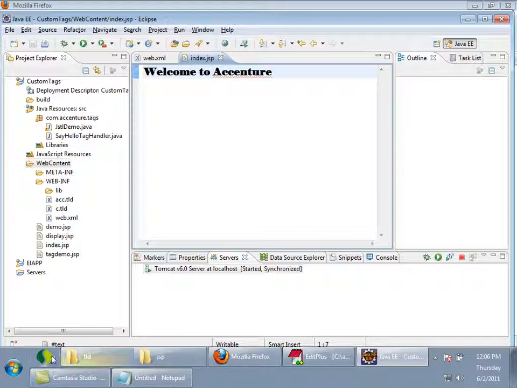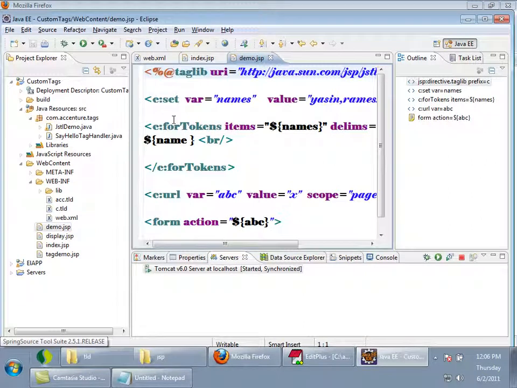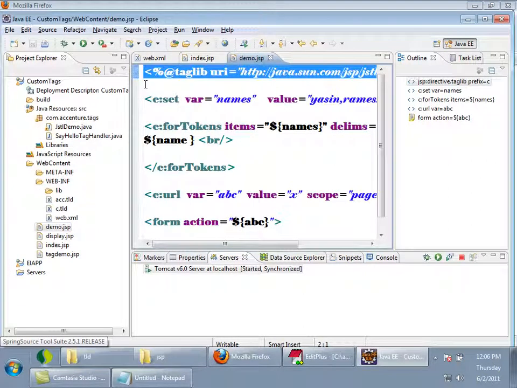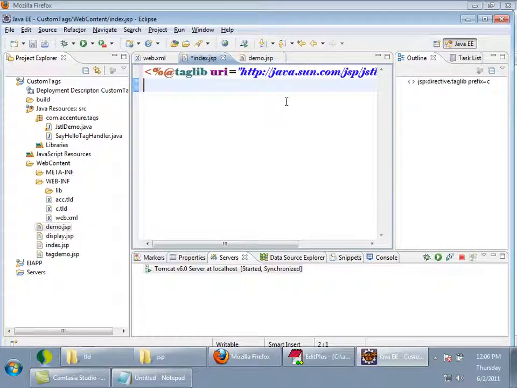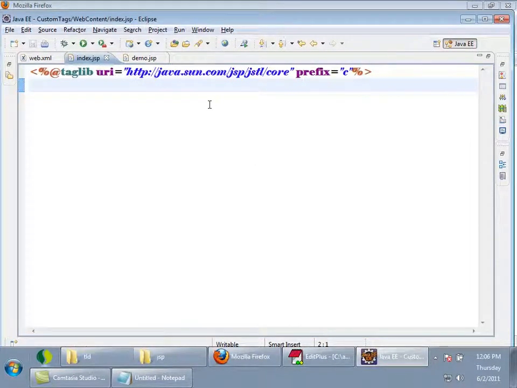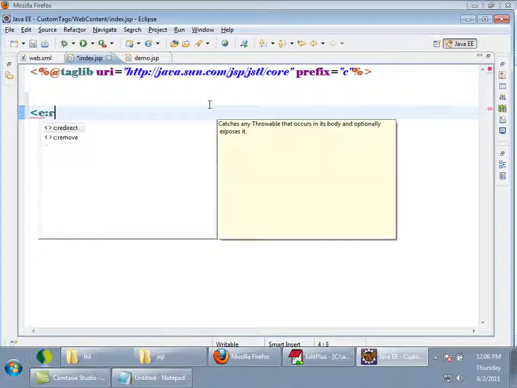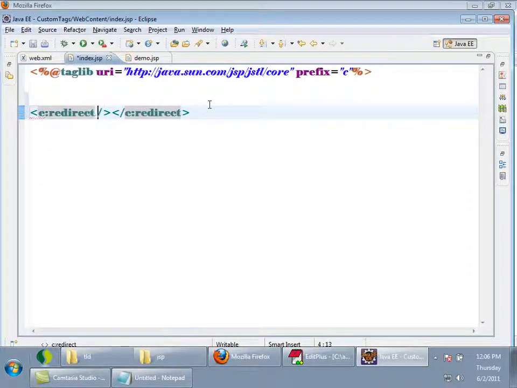But there is a tag for that also. See, now again, I will write the taglib directive. Then I am going to redirect, c:redirect, to where? url equals to, I want it to be redirected to demo.jsp, right?